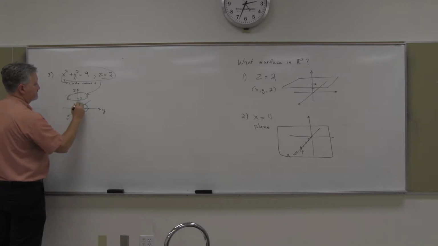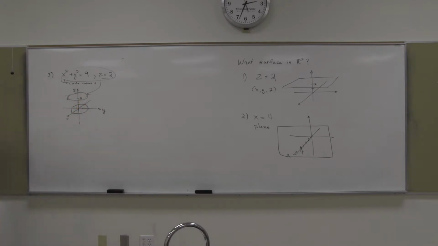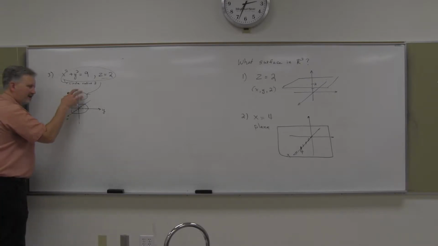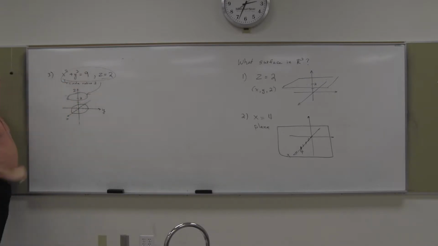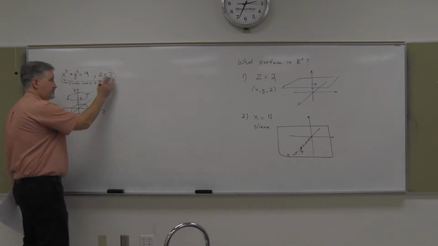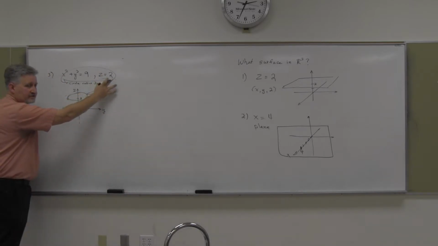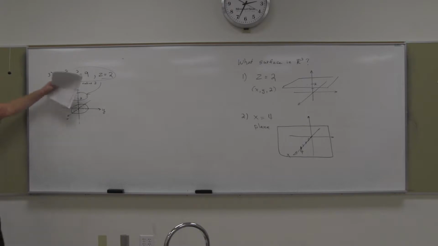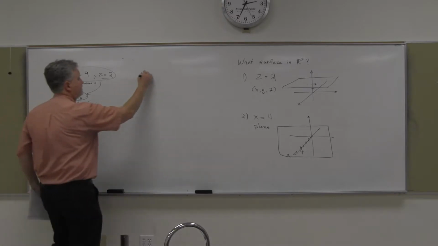So yeah, it gets a little tricky, especially if you're challenged to draw like I am. So you've got a circle, but it's raised up 2 units. Now, why that's important: we won't necessarily have that kind of restriction a lot of times, where you have an equation and then just another part to it. I guess you could, but